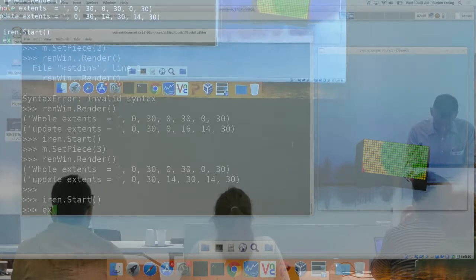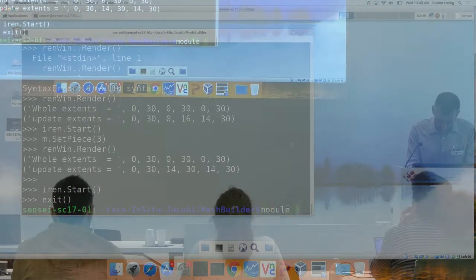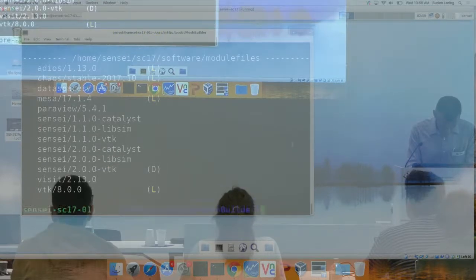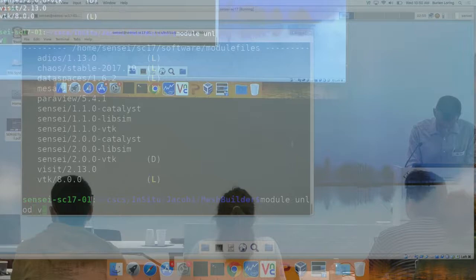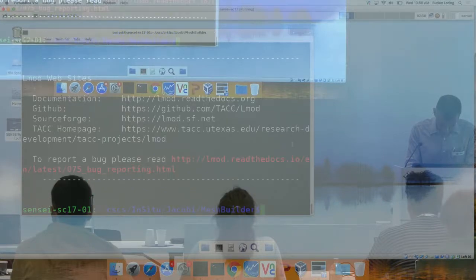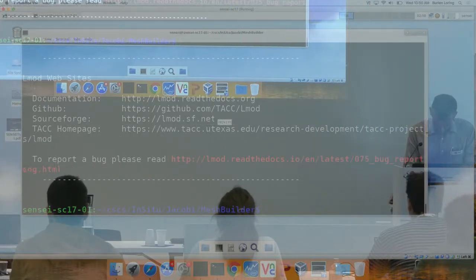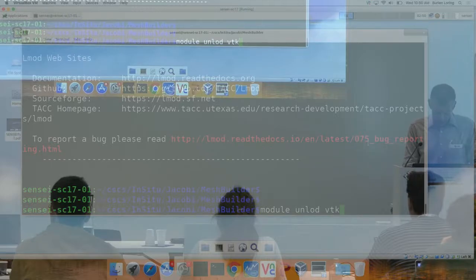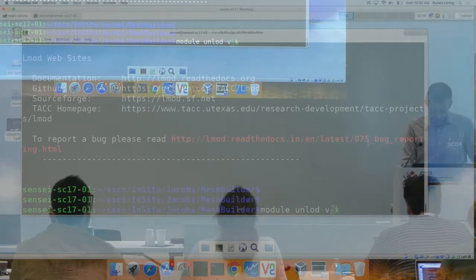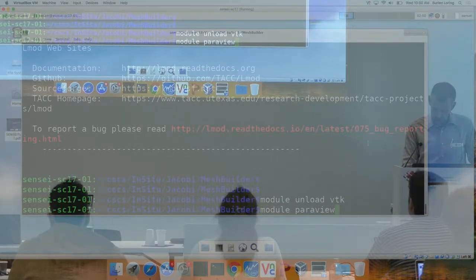If I do module load ParaView, module avail. Oh, hey, Jean. So when you're doing these modules, some of them conflict with each other. ParaView comes with its own copy of VTK. So I would recommend just closing that terminal and starting a new terminal. Or you could do module unload VTK and then module load ParaView. Yeah, this is actually what I've done here. So module unload VTK would do this, and then I did a module